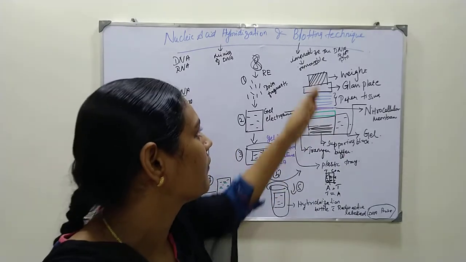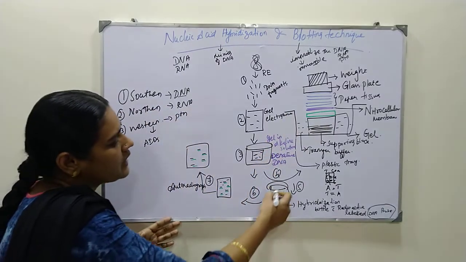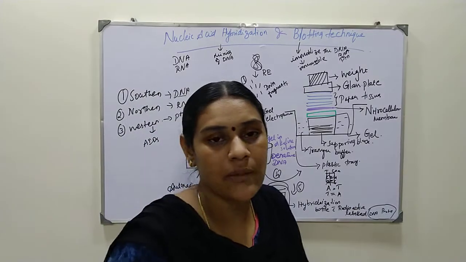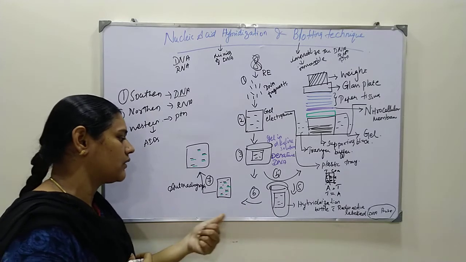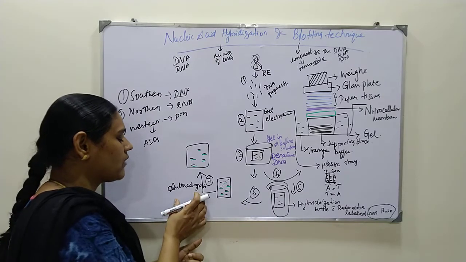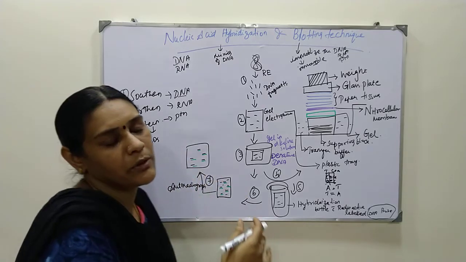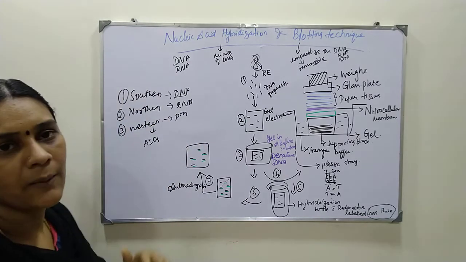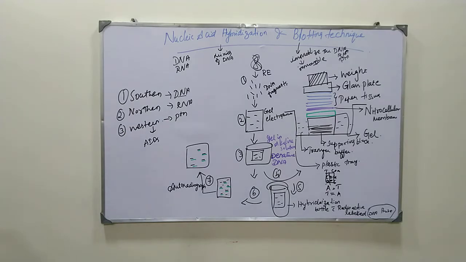After this experiment is over, we remove the membrane and put it into the fifth step, the hybridization bottle. That bottle consists of a radioactive labeled DNA probe. Then we remove this and do autoradiography. Autoradiograph will show you the DNA which is attached to or complementary to its corresponding molecules. Okay, so this is about your southern blot. Generally, this is about the blotting technique.